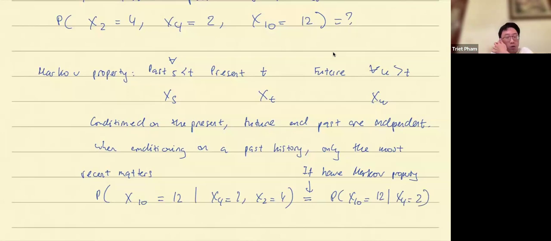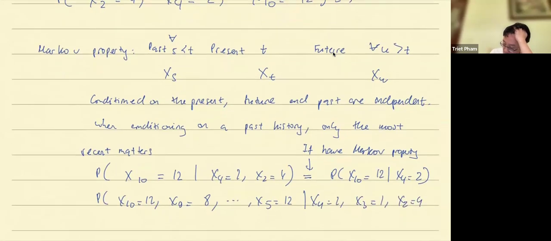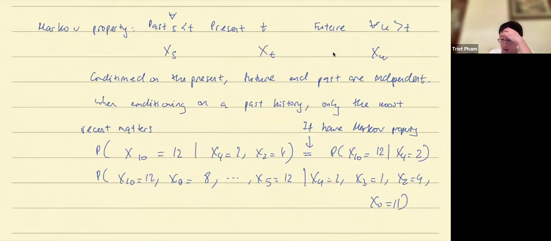Okay. And you can even have more. So for example, x10 equals 12, x9 equals 8, and so on, up to x5 equals 12, conditioned on x4 equals 2, x3 equals 1, x2 equals 4, x0 equals, I don't know, 11. So you can have a chain like that, because again, it's about joint distribution. You don't have to have just a single state. You can have the whole future path, conditioned on, let's say, the past path,